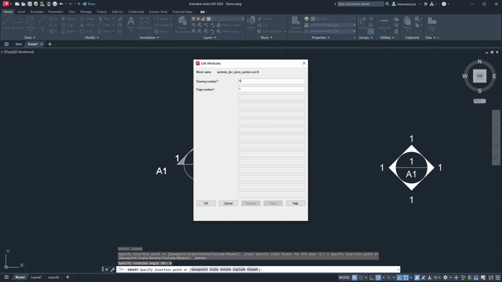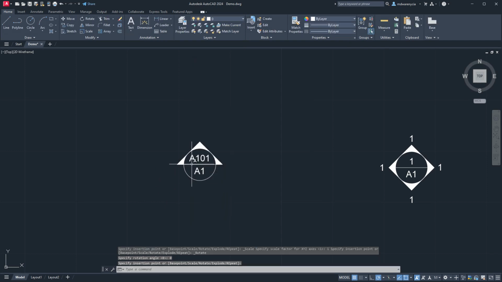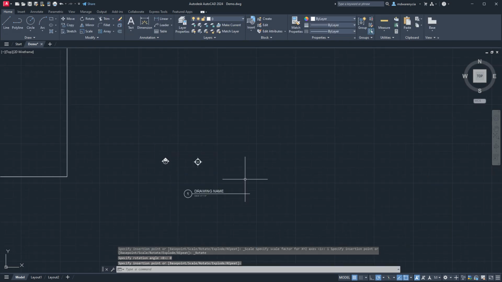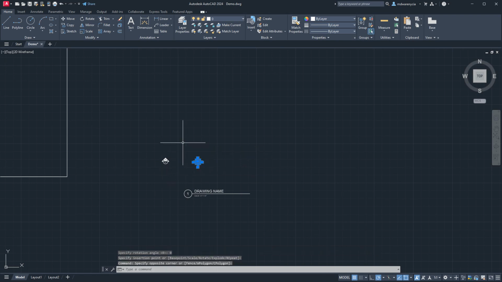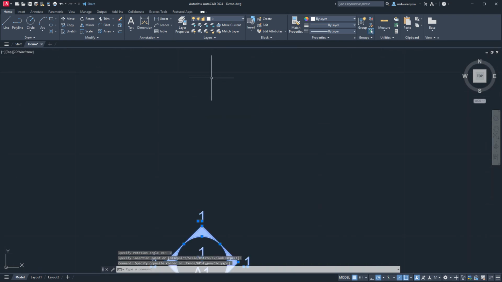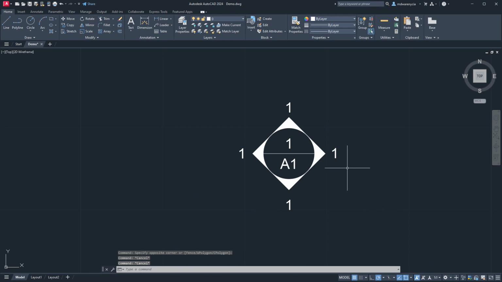So drawing number A1, page number A101. Okay. So now we've got that. So that one's good to go, and then I'll just do the other one here too. This one has obviously just a couple more points, so we'll just start working our way around at def,